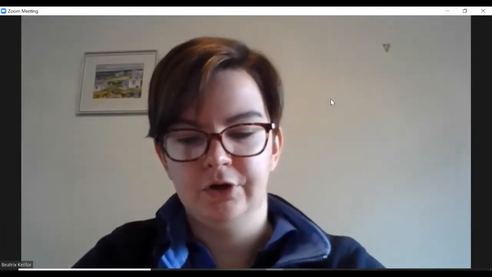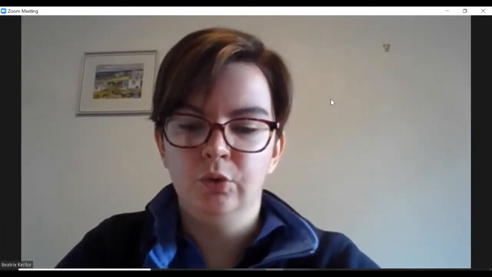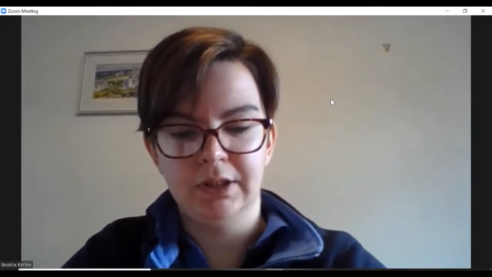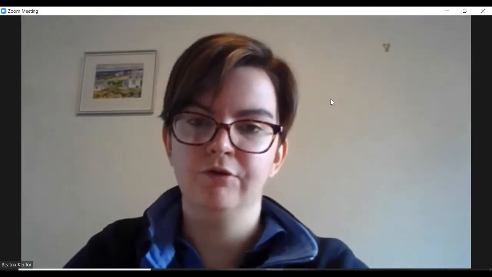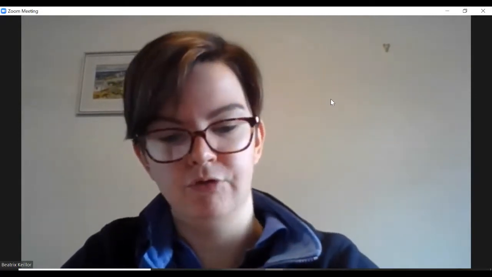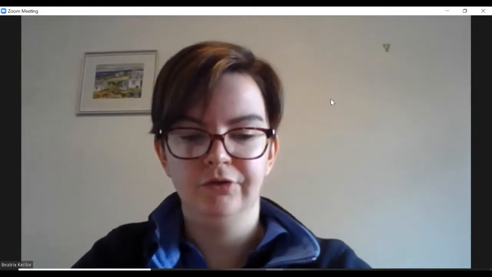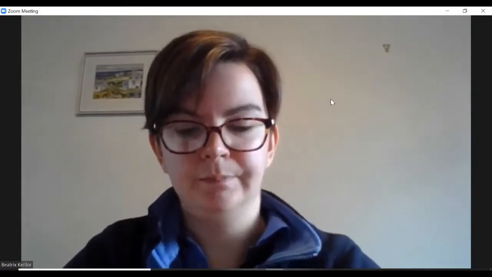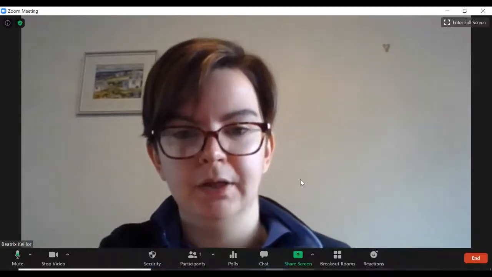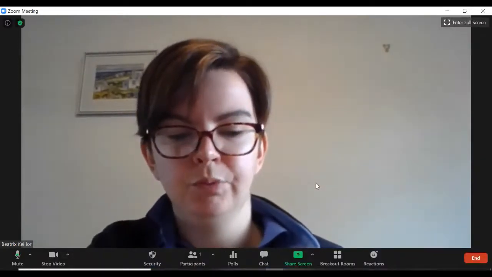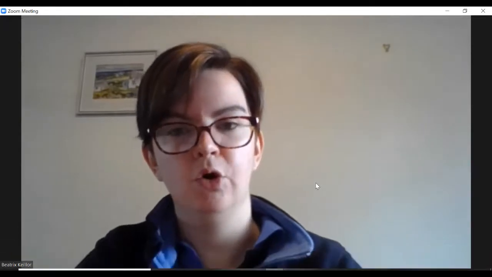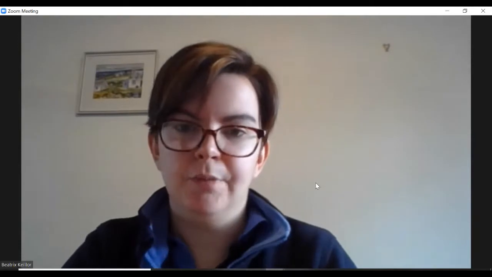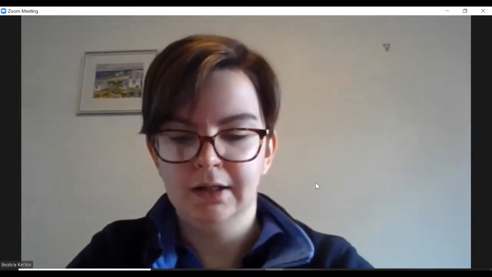Once the girls and other adults are in the breakout room, you as host will see a new screen which allows you to send a message to everybody in the breakout rooms telling them how long they've got before they're brought back to the main room, and you'll also be able to see which girls are in each room. When the breakout room time is over, you can close all rooms, and that'll be a button in that pop-up, and the rooms will start to count down that we set in the options, so that could be a 30-second countdown. And then when those 30 seconds are up, everybody will be moved automatically back into the main room.